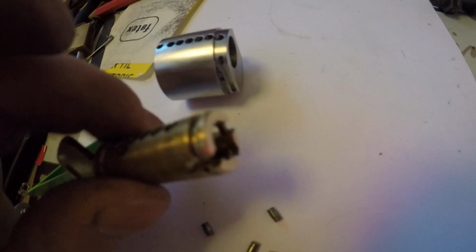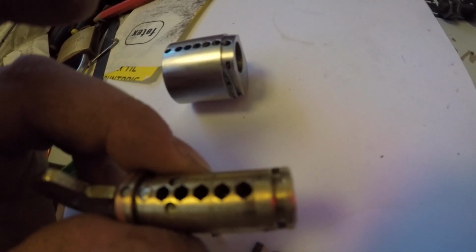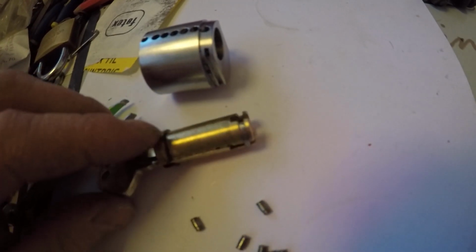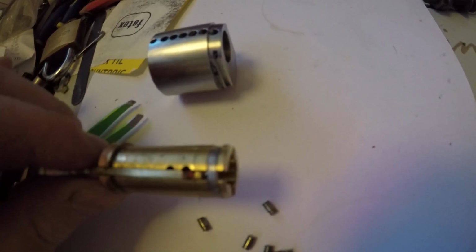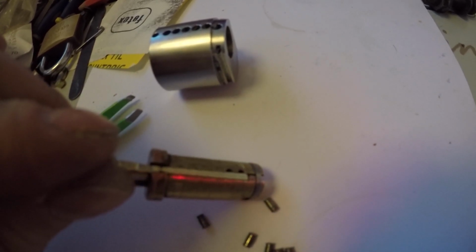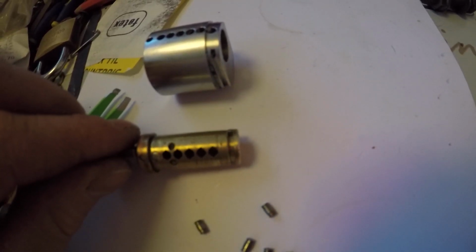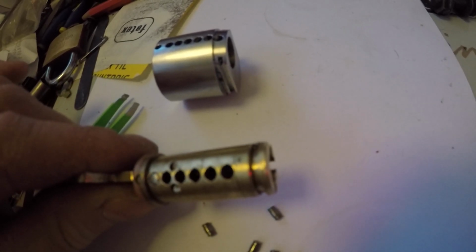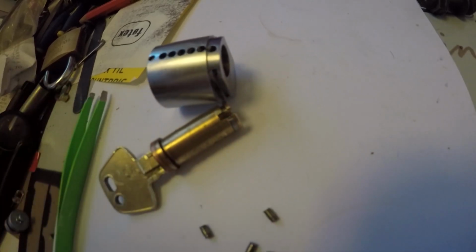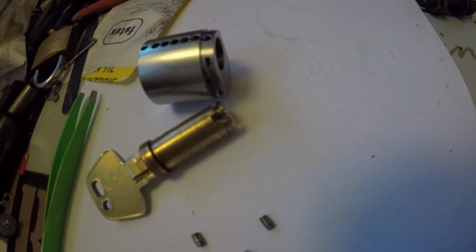But it doesn't look like it has an undercut and a sleeve on it. And it doesn't have any sleeve. As you can see, that's the bottom of the key. So I'm a bit disappointed. Well, they have three anti-drill pins in them. That's a good thing, but